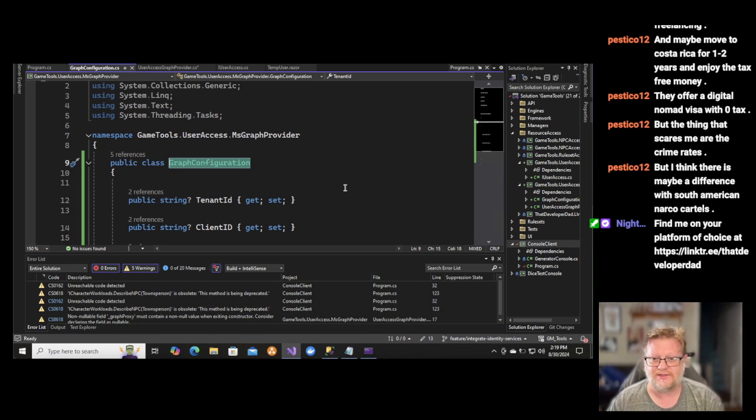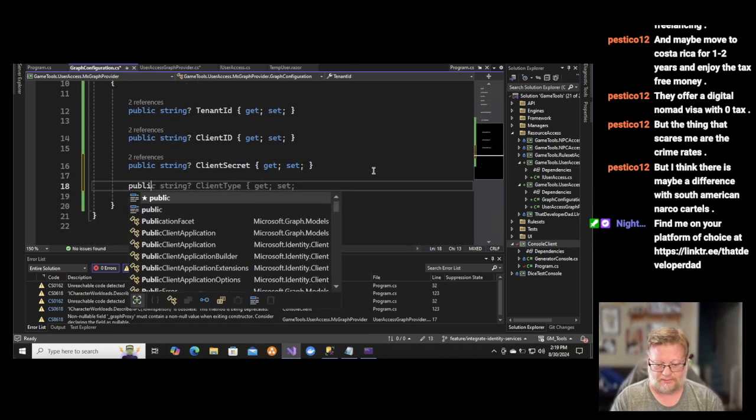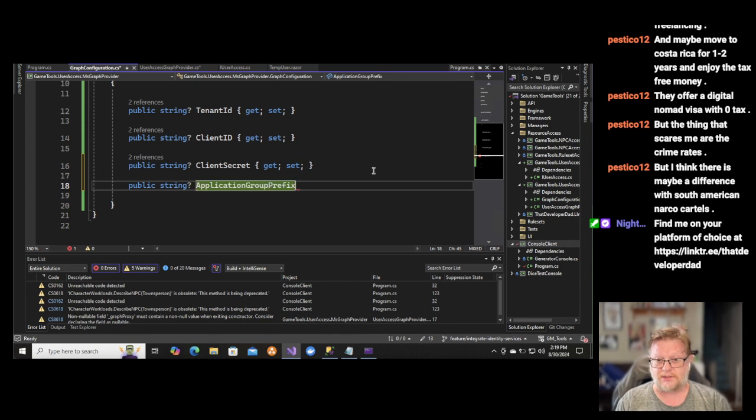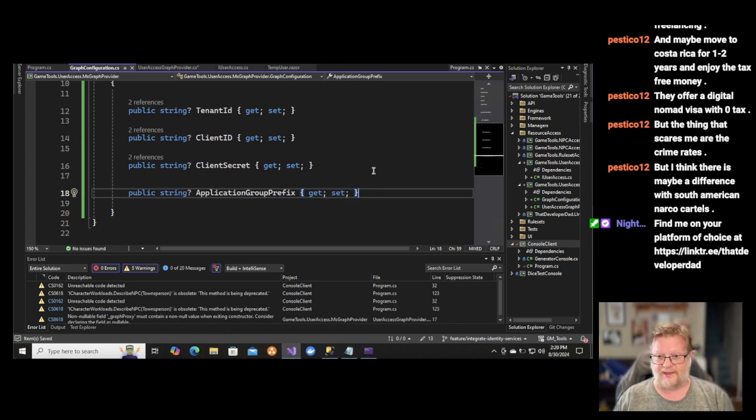And it is public string application group prefix get set. Now, if the application group prefix, and I'm going to come back to my Entra client